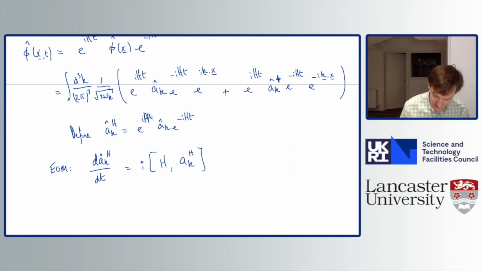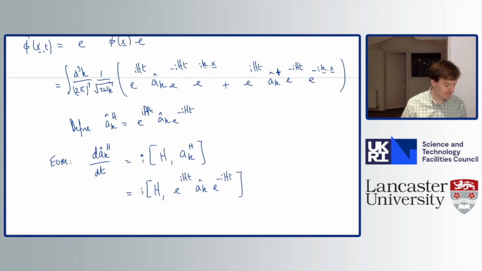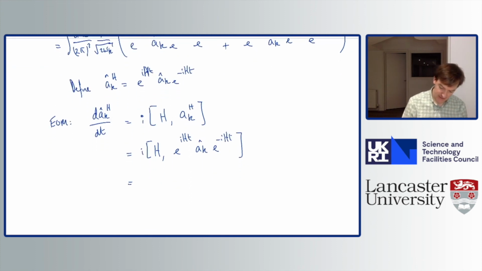This Heisenberg operator, we know how to write it in terms of the Schrödinger operator and in terms of the Hamiltonian. So we can expand this commutator out. So it's going to be i, and we're going to have e to the iHt, a_k, e to the minus iHt, minus